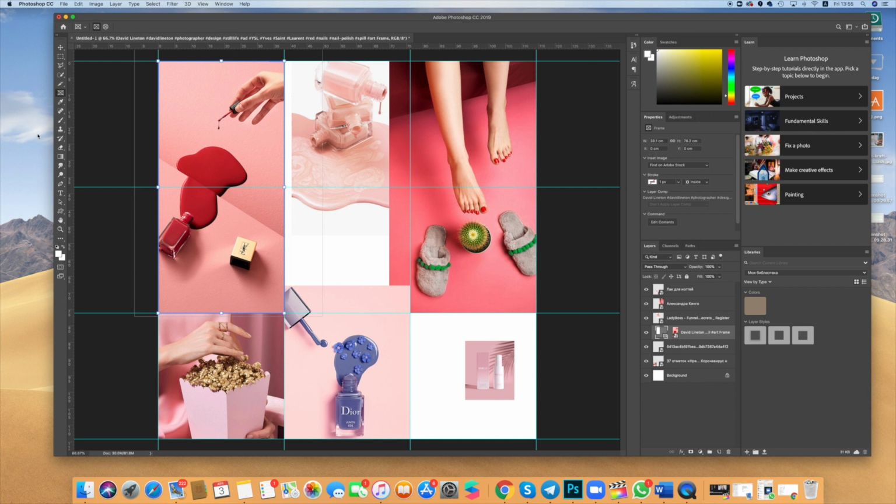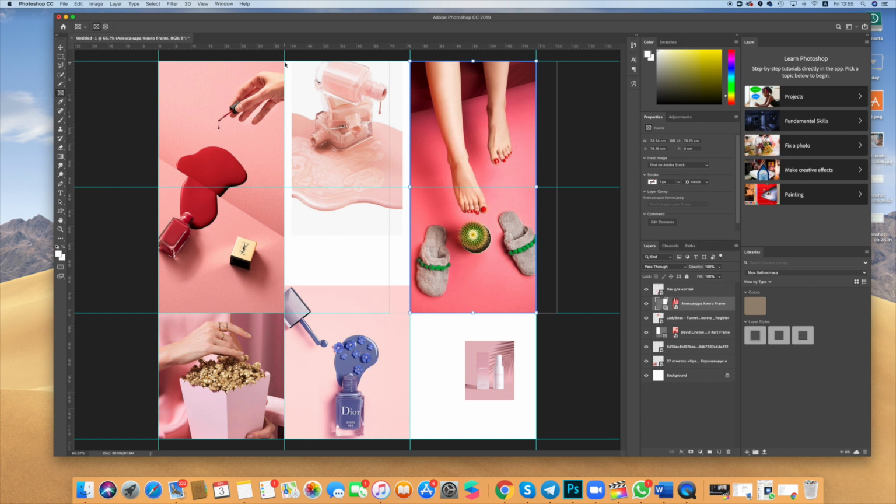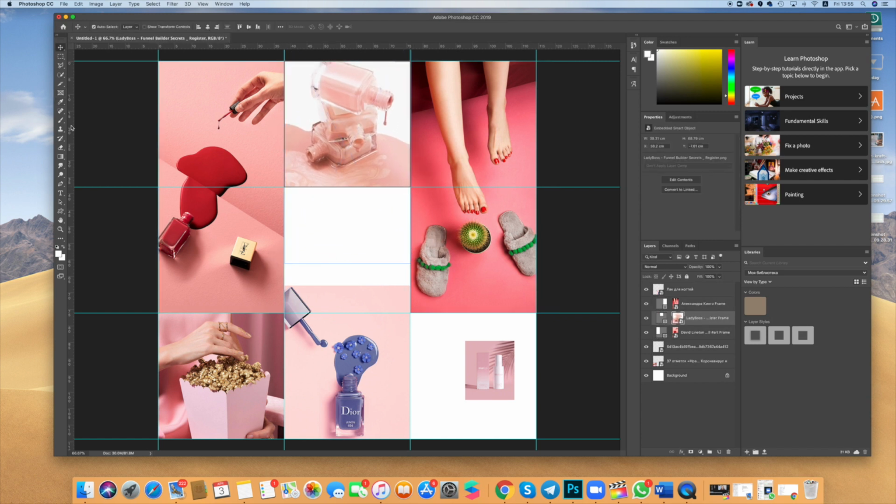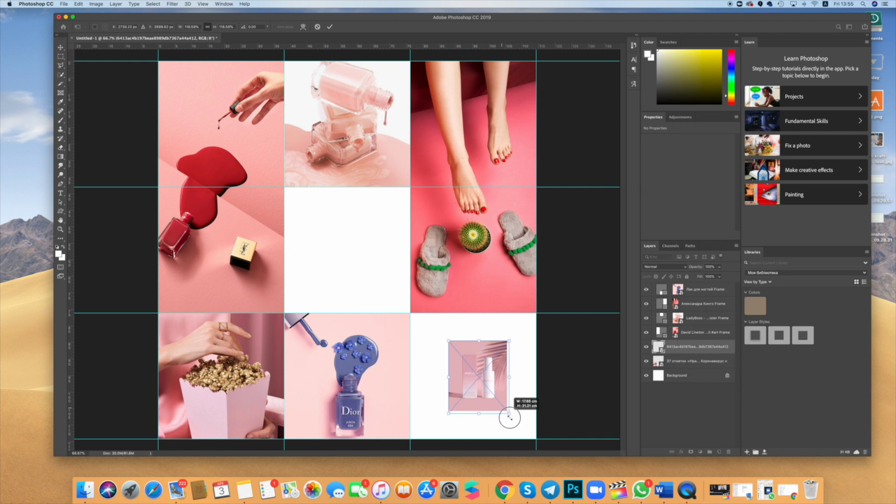All right, so this image I fit in 2 squares. This one will increase a little bit. I like it how it is,